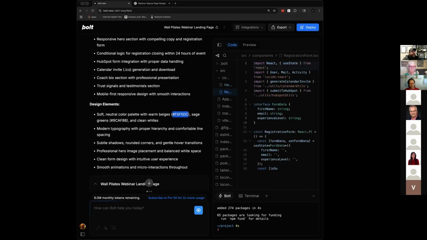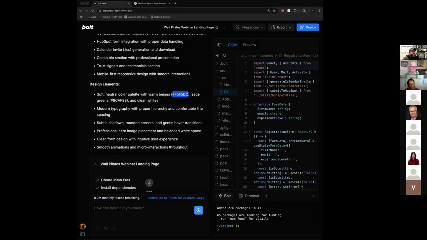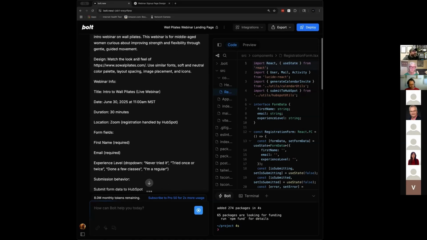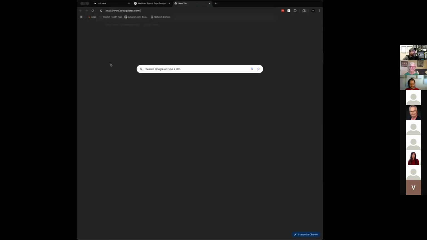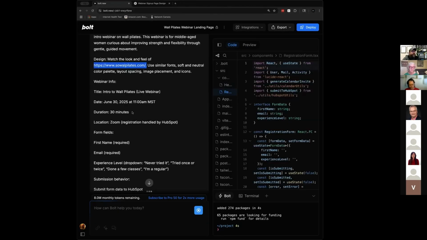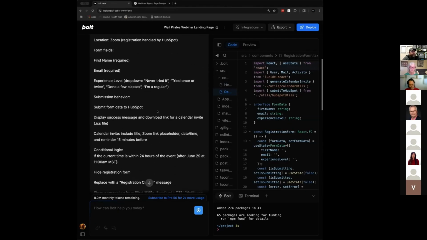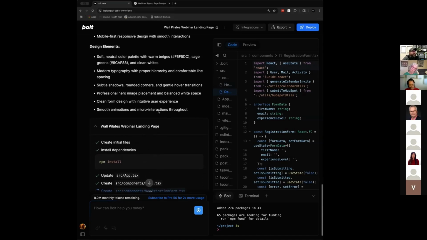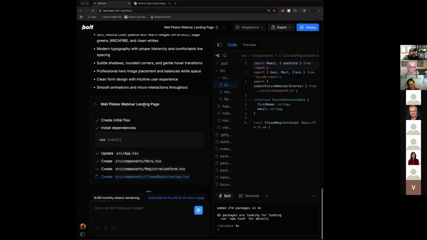So these are just the color codes from the other website. And it says soft neutral color palette, which, if you looked at the preview before, or you go to this web page, is soft colors, lots of white space. It just grabbed that automatically because a lot of these tools have the ability to reach out to the internet. If they can't, they will tell you. And it's going to start building all of this.